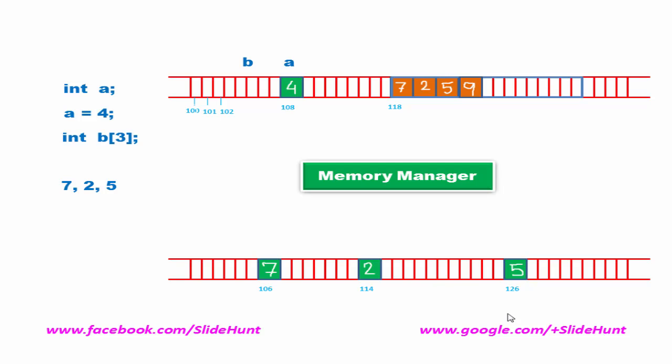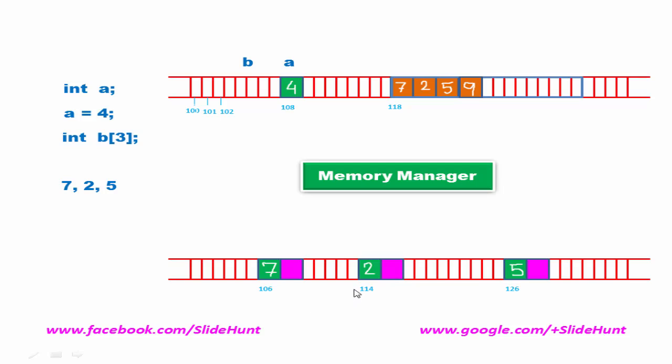So to link these blocks, we need to add some extra information with each block. What we do here is add an address field with each block that will hold the address of the next block. Now see the picture carefully. Each block has two parts. The first part contains data and the second part will contain the address of the next block. So the address field of the first node will contain the address of the second node.